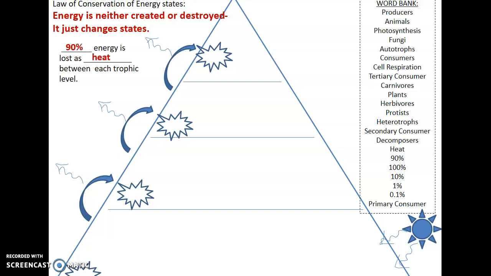Okay, and then another thing that we're going to learn during this energy pyramid is that 90% of energy is lost as heat. So what that means is plants can sit out in the sun and gain their energy from the sun, so they get 100% of the energy from the sun. But the first primary consumer that is going to be eating the plants has to work hard to find its food. It has to move its muscles, it has to walk, it has to go find food. So by doing so, you're losing 90% of your energy just in heat out of your body to only gain 10% of it back by actually eating the plant.